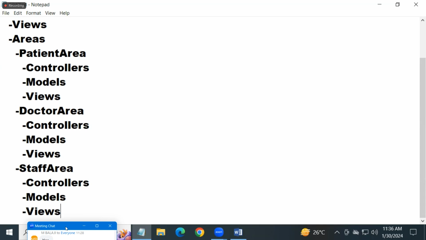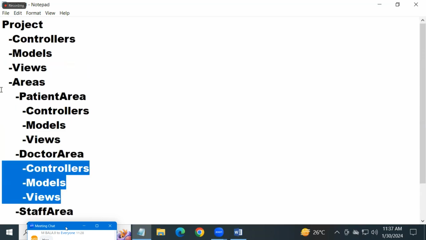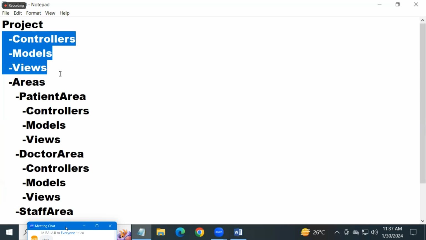One team has developed the patient module. So when I'm integrating, I will create one area called patient area. Under the patient area, I will put all the controllers, models and views of the patient module. Another team has developed the doctor area, so I'll put all the controllers, models and views in the doctor area. Same way staff area, medicines area, labs area, HR area, billing area, insurance area. Like this, I will put the appropriate controllers. Now you understand? Those are the controllers, models, and views associated with the whole site,